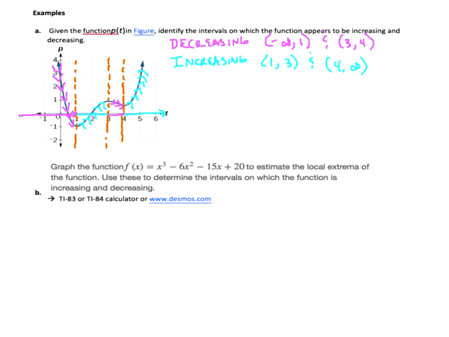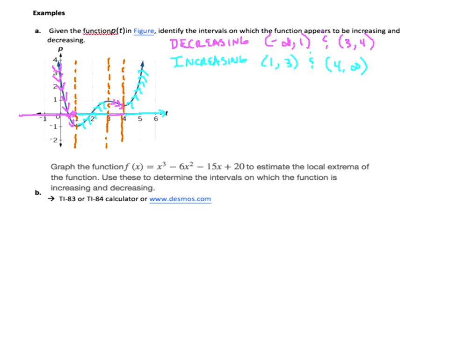Are you good with that, Cyprian? Because now we're going to take an equation down there or a function down there and go out to our Desmos graph and look at it there so we can identify increasing and decreasing in local extrema. And we'll take a picture and bring it back here on the screen. Okay, so let me write that equation down so that I can remember when I get out to my calculator. X cubed minus 6x squared minus 15x plus 20. Okay.